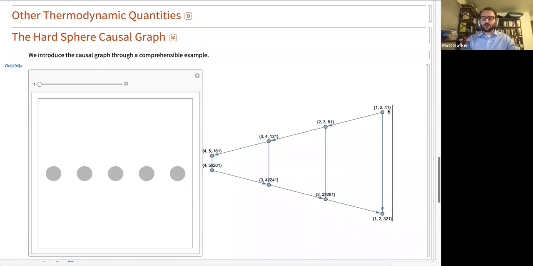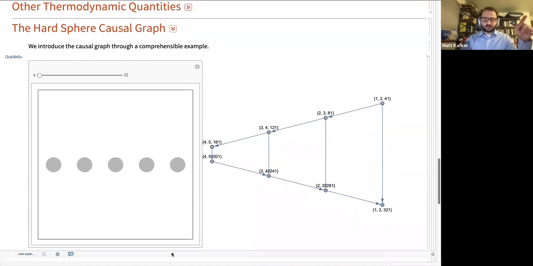So at time 41, particle 1 and particle 2 collide with one another. Time 81, 2 collides with 3. Time 121, 3 collides with 4, and so on. And you can sort of start to imagine how this simulation on the left is being reflected in this graph on the right here. And the way we construct the edges, this blinking is bothering me, is